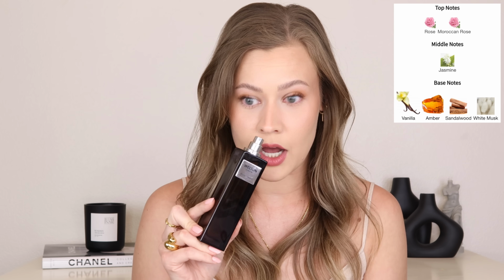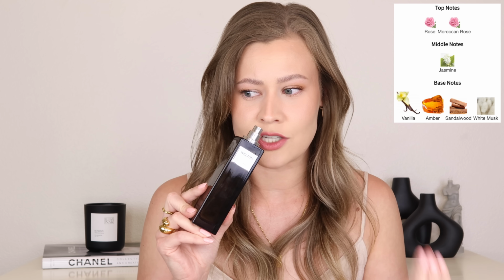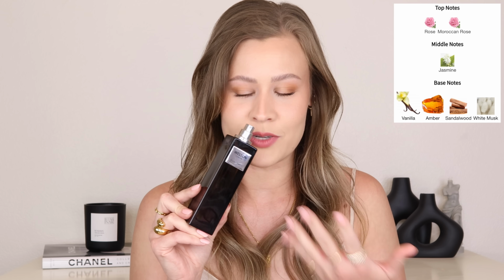I love that this feels so comforting and cozy and also very sophisticated and chic. Very, very versatile scent, and it's such a likable profile. It is perfectly unisex. This is focused on amber, sandalwood, musk, and vanilla. It is completely non-gourmand vanilla, adds a cozy, cocooning, soft quality to this scent, but it's not sugary by any means. The sandalwood is a very creamy sandalwood, so if you're specifically looking for that category of sandalwood scents,